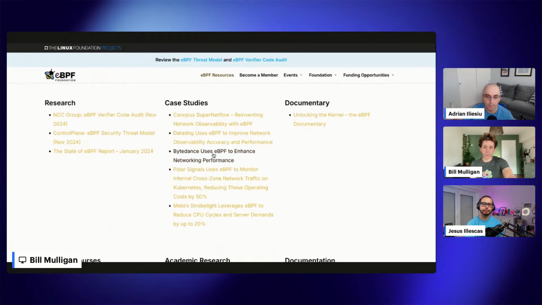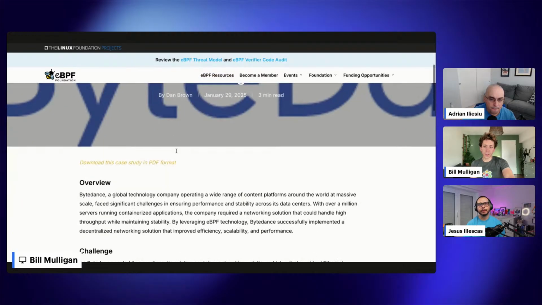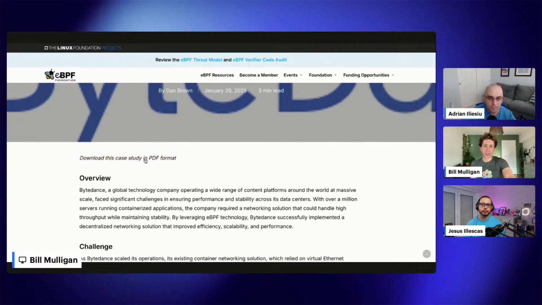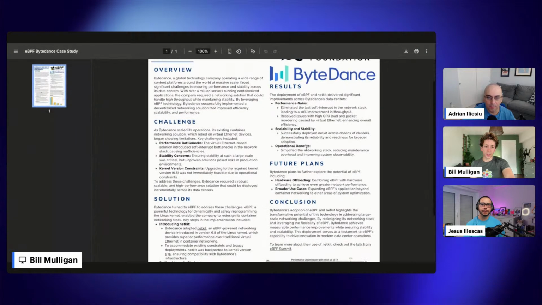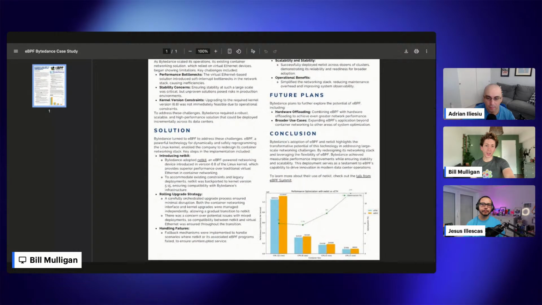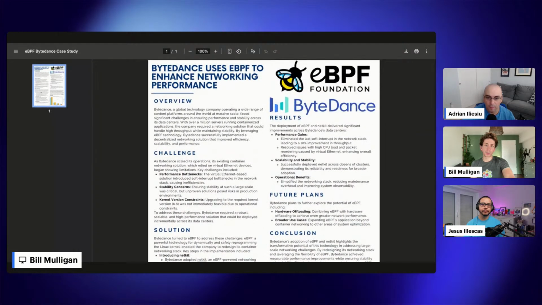So here is one about ByteDance, the company behind TikTok, for instance, and the benefits that they saw from using eBPF to enhance container networking. This is NetKit, making container networking as fast as host networking.